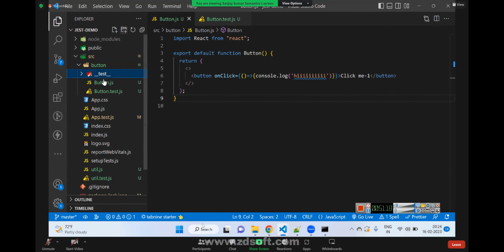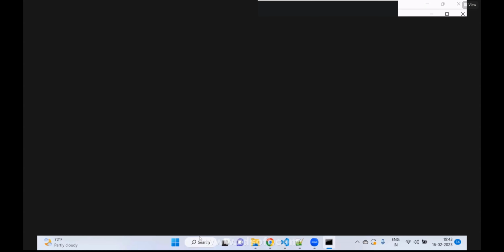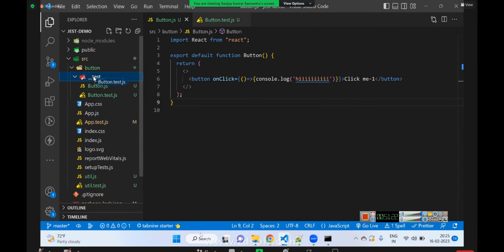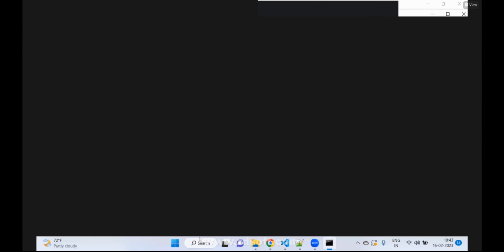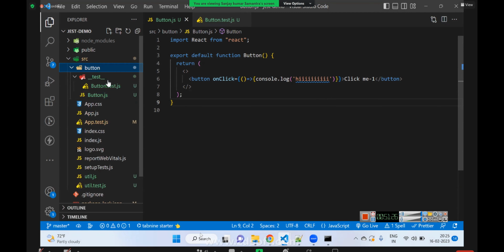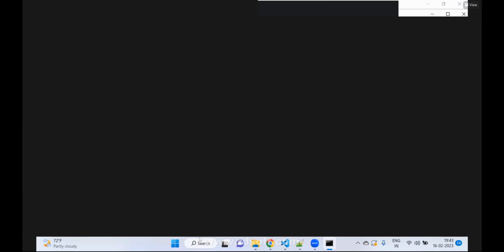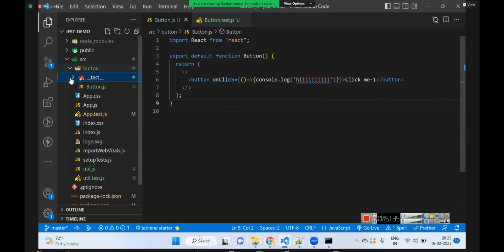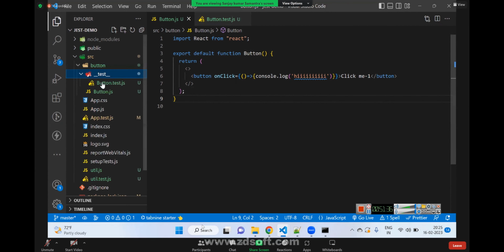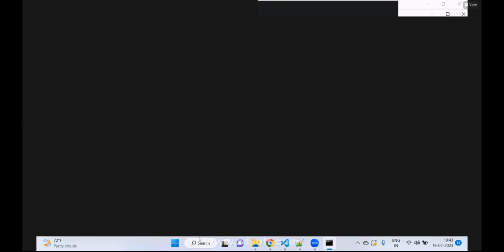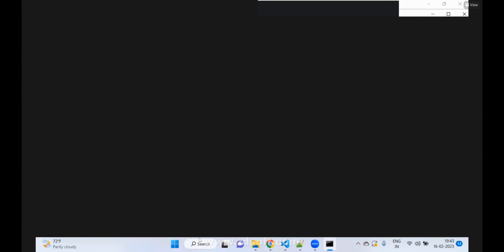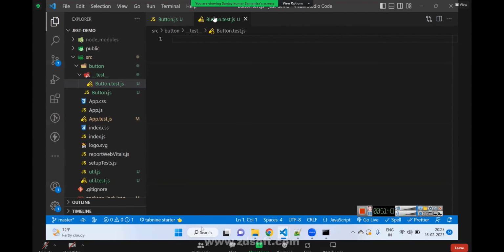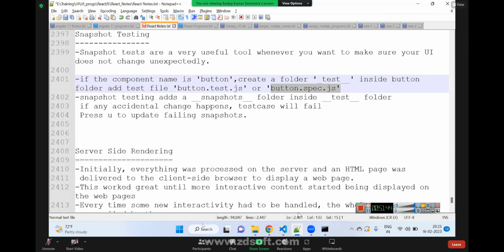Inside this file will be present. Okay, this is the component. Inside component, we have the actual component. We have a test folder. Inside this, we have button test. This is our actual component. This is our unit testing file. In the unit testing file,